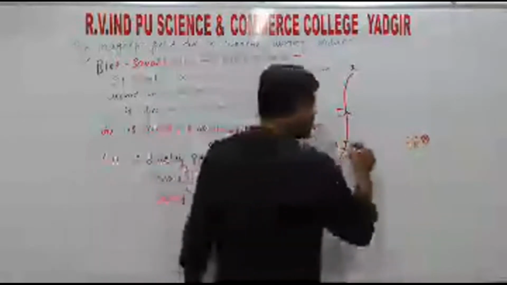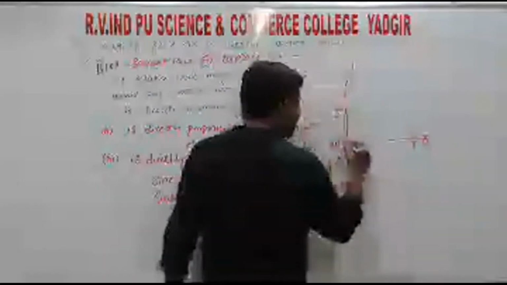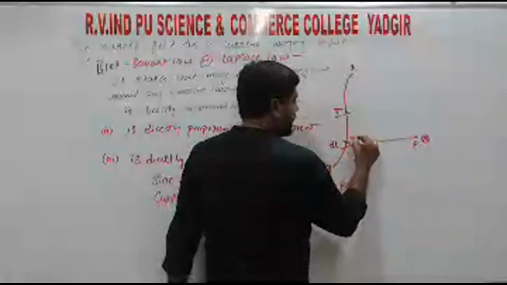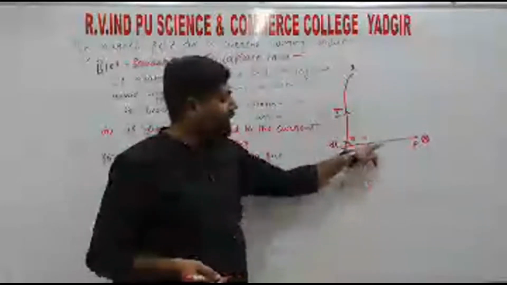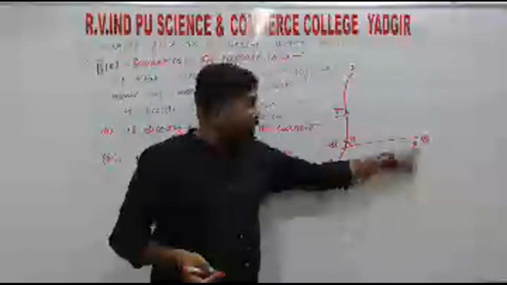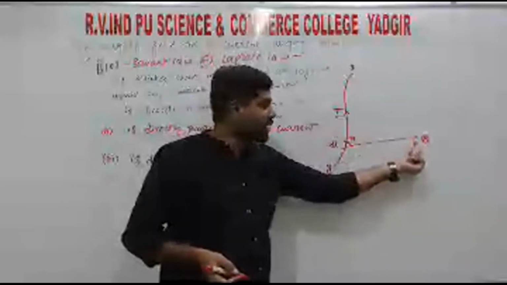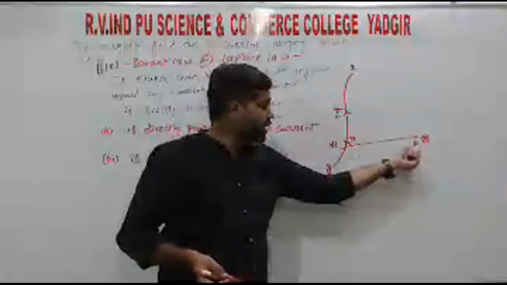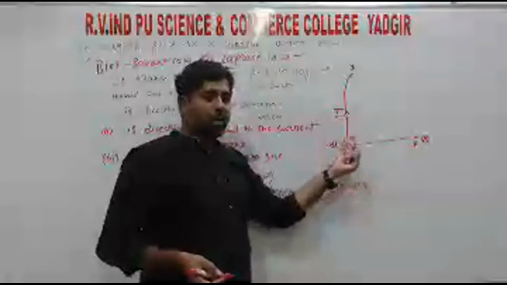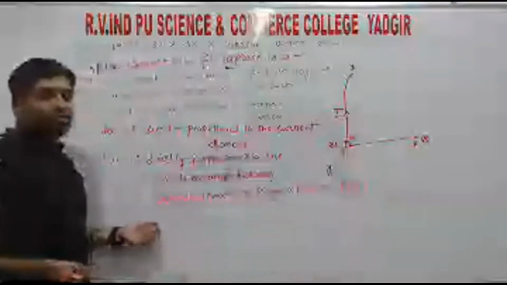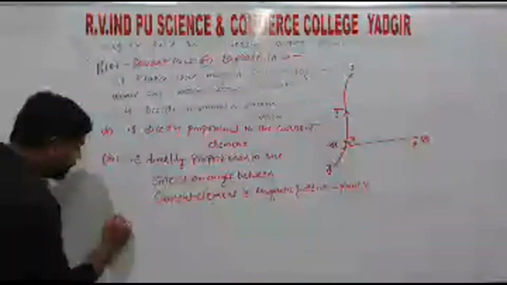So if we draw one straight line to the current element and to the point P, so here we are getting one angle. So that angle is theta. So sine of an angle theta between the current element and the line joining point P to the current element where we are going to find the magnetic field. So ನಾವು ಎಲ್ಲಿ magnetic field find out ಮಾಡ್ತೀವೋ so ಅಲ್ಲಿಂದ ಒಂದು straight line draw ಮಾಡಿದ್ರೆ current element ಗೆ so angle is formed, so that angle we taken as theta. So sin theta ಗೆ ಅದು directly relates. And the fourth one is,